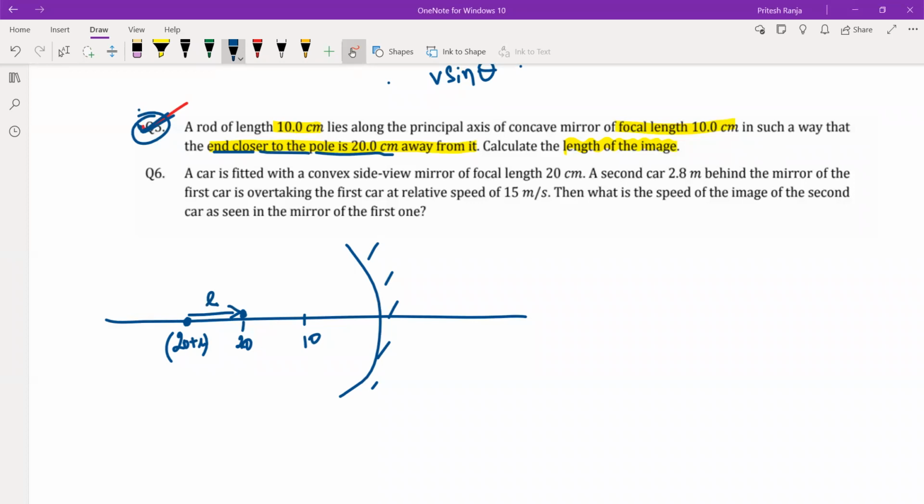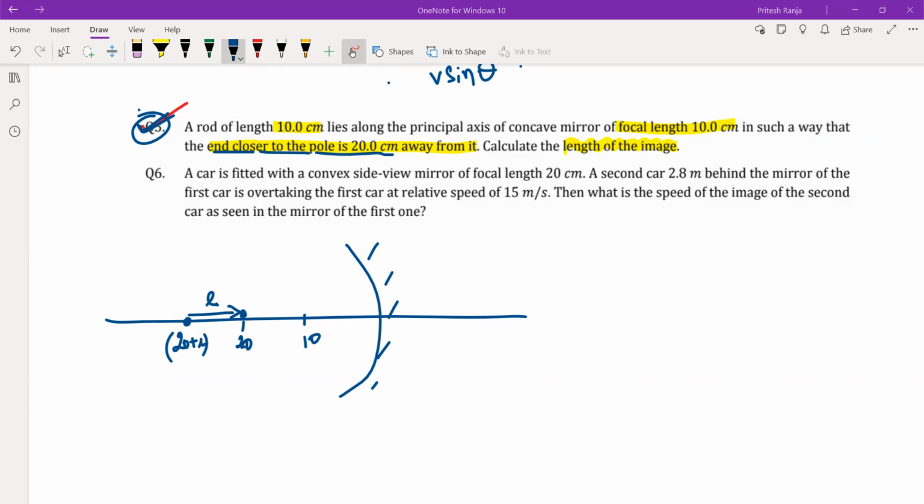Okay, here. So how do we do this one? 5 centimeter, I can see one answer. So only one I can see 5 centimeter. Okay, everyone says 5 centimeter approximately. So let us see how this is correct.